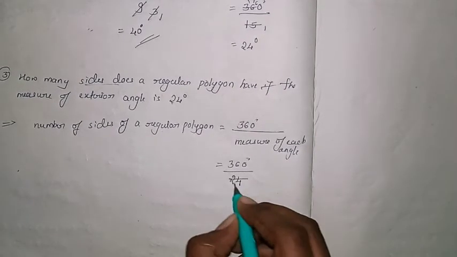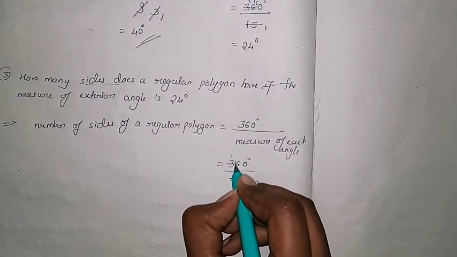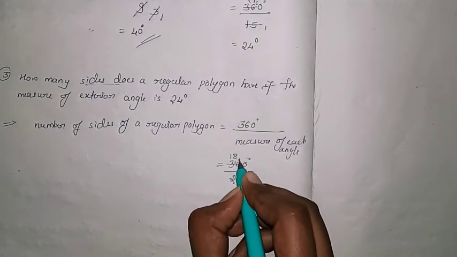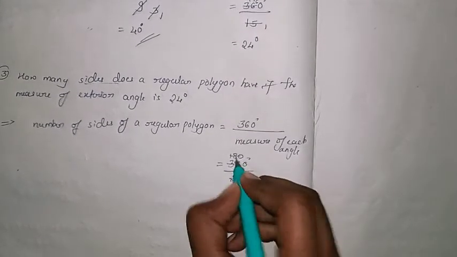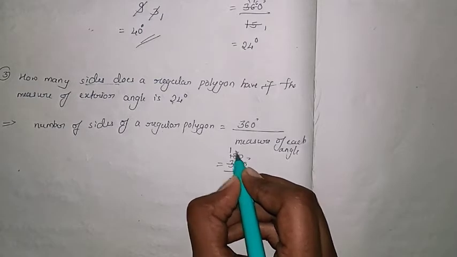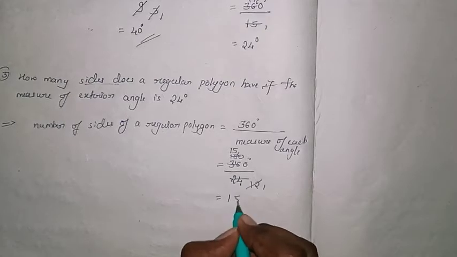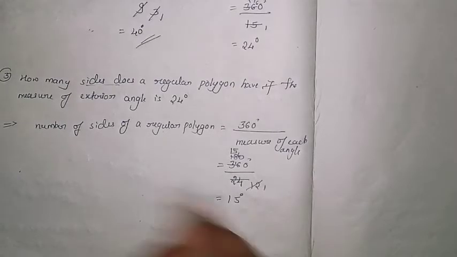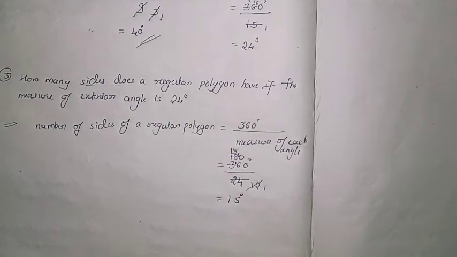As it is easy, if you go from the lowest number, 2 ones are 2, 2 twos are 4... 2 ones are 2, 1 is remaining, 2 eights are 16, so 0. Then 12 ones are 12, so remaining is 8 minus 2, that is 6, so it is 60. 12 fives are 60, so it is 15. So we got the number of sides of the regular polygon is equal to 15 when the angle is given. The angle given is 24.